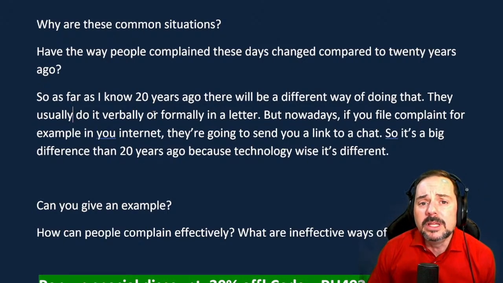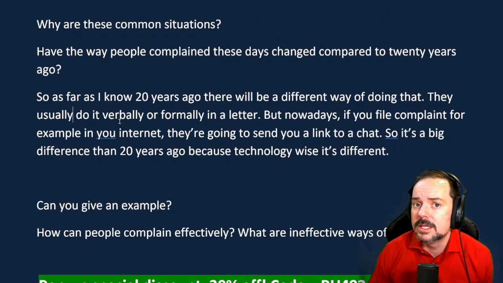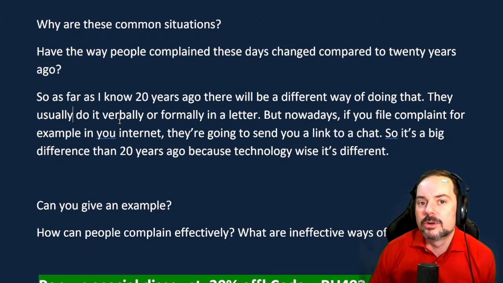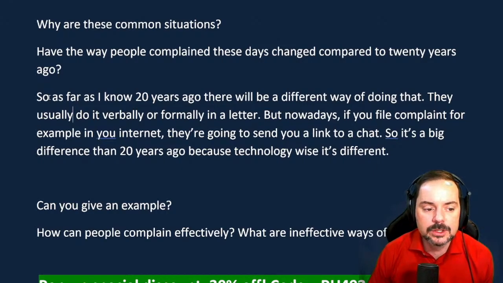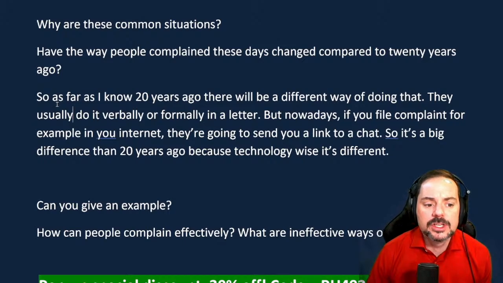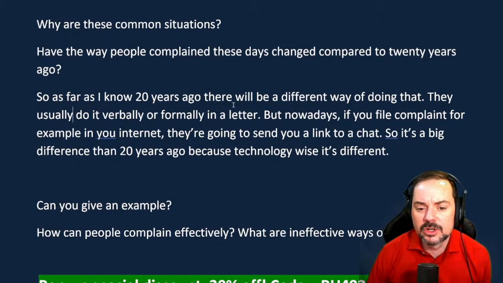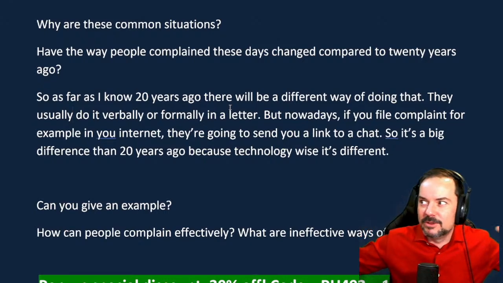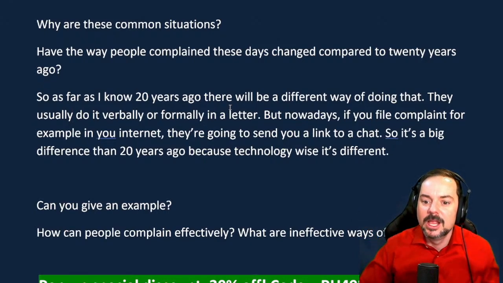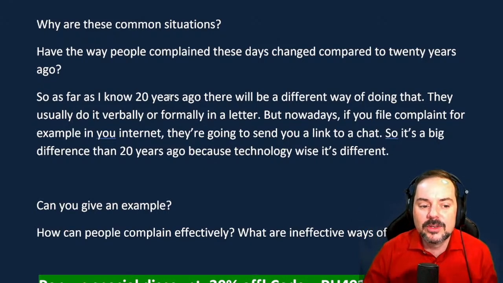Also be really careful with your verb and verb tense use. Okay, so you have good English, you have good pronunciation, you have good fluency, but you're making some awkward grammatical mistakes. I think it's partly because you're nervous, but you can't do that. Okay, so yeah, that's true. All right. So you said, so as far as I know, 20 years ago there will be. So are we in the past or the future, or are we in a time machine? So you have to be careful about that.